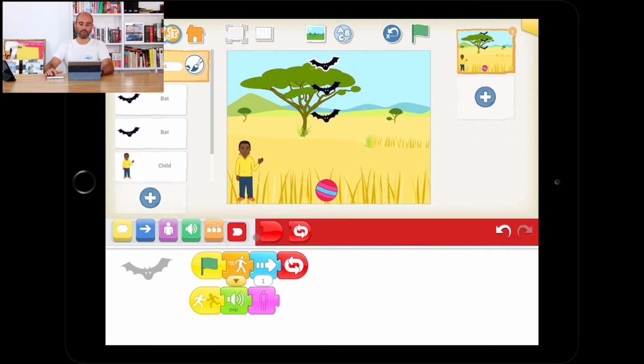So we can go to the red blocks and drag down the one without the arrows, because he's not going to be repeating that all the time. He only gets hit by the ball once, and then he disappears. Okay? Cool? Awesome. So now, we're just missing one line of code, which is what happens when we touch the person. And when we touch the person, the bats